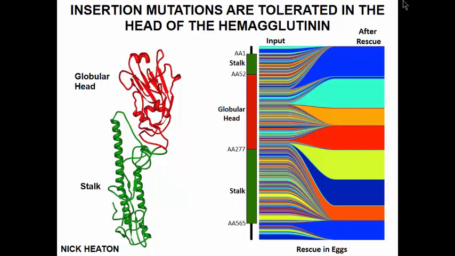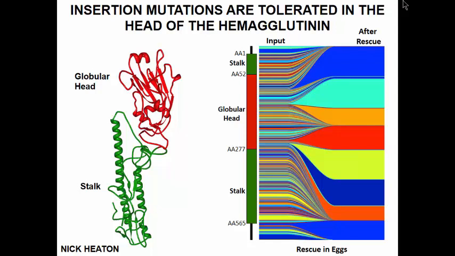On the left is one trimer of the hemagglutinin with its head and its stalk. At every single position, in 60 to 70%, we introduced a 5 amino acid insertion, 15 nucleotides,